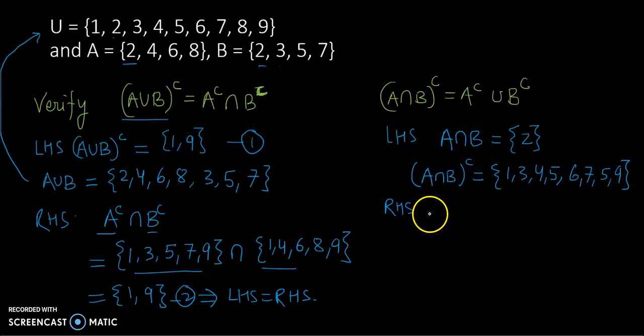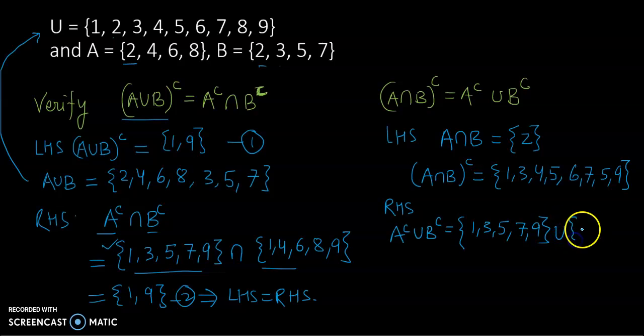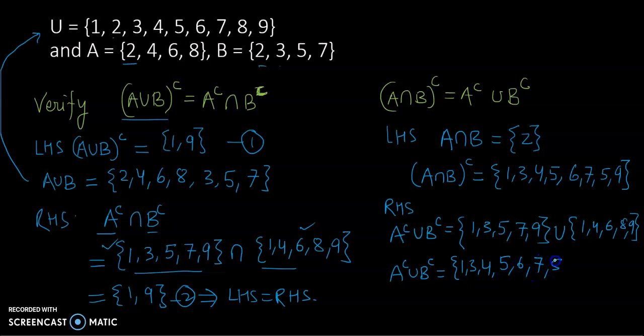Now I'm going to calculate the right hand side, which is exactly A complement union B complement. So the A complement simply can be written as 1, 3, 5, 7, 9, which we have already done here. You can see we have done it here, so I'm using this result simply. Then union of B complement, which is 1, 4, 6, 8, 9. Again, you can see that I have written it already here. And if I try to find their union, that is going to be 1, 3, 4, 5, 6, 7,